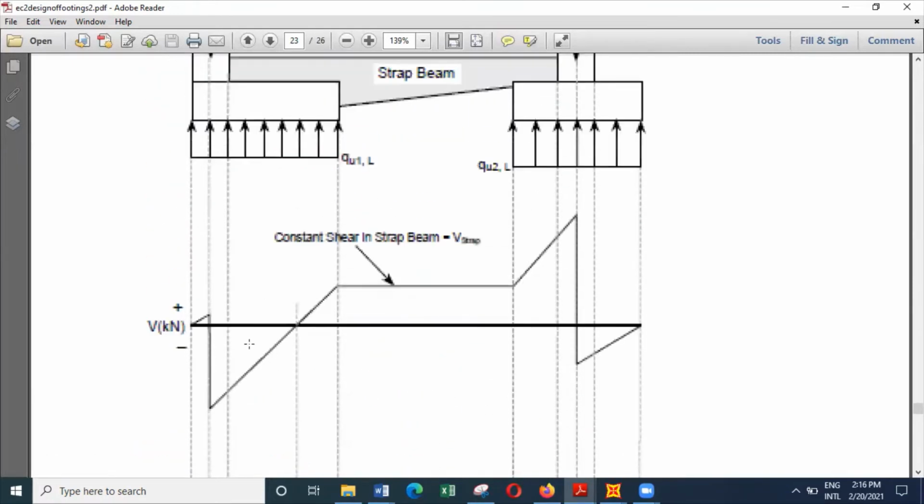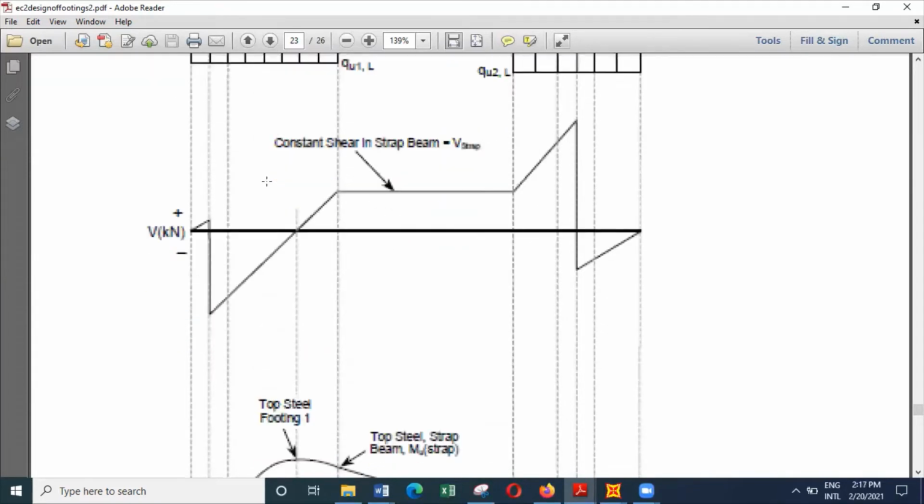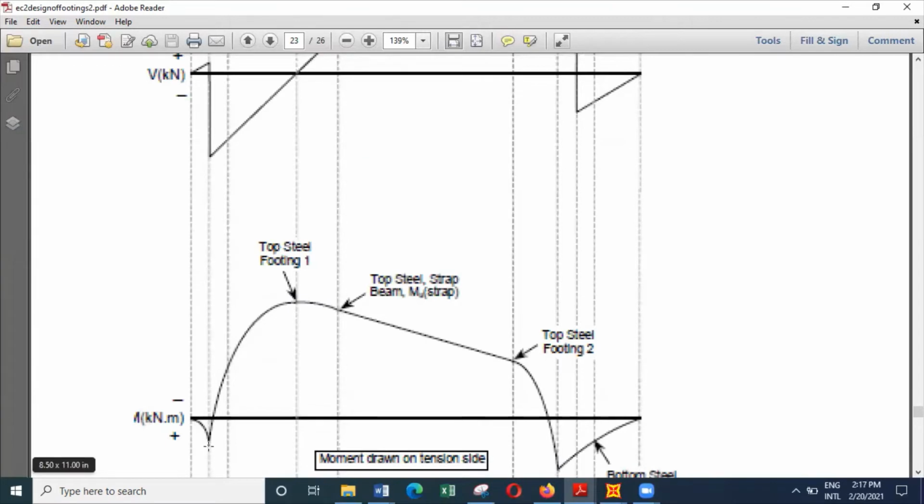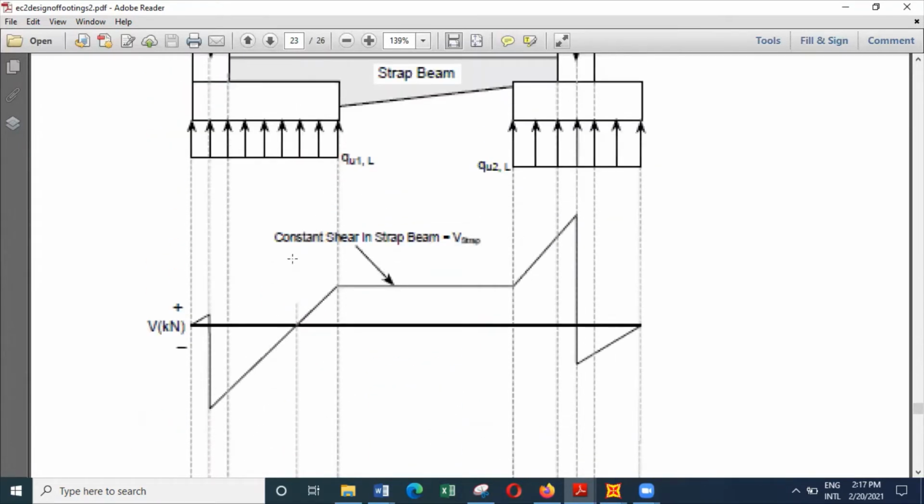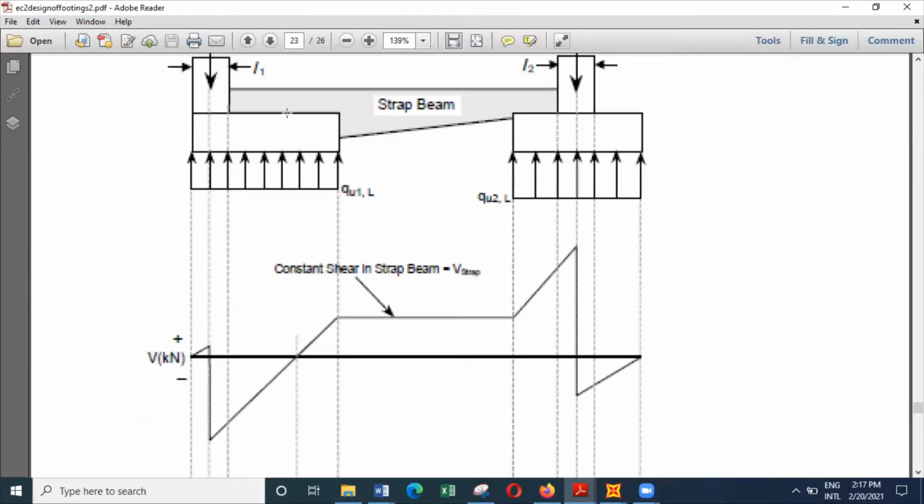And if you look at this footing, it's going to bend this way, which means the tension side occurs here. So you can see the bending moment diagram has been drawn below, and then it goes this way, comes to a highest value here. When the shear force is 0, bending moment is highest. It comes to a highest value somewhere here,